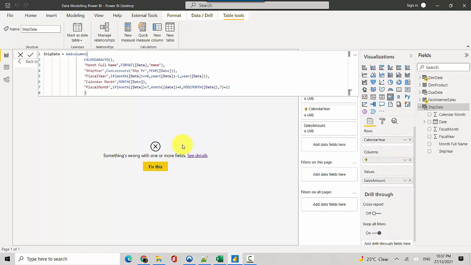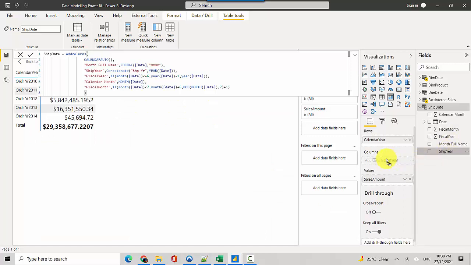So now you can see that this is giving us a problem because we've changed the name. So we'll have to go and remove this one out and get the ship year in.